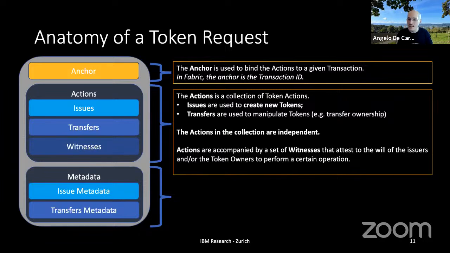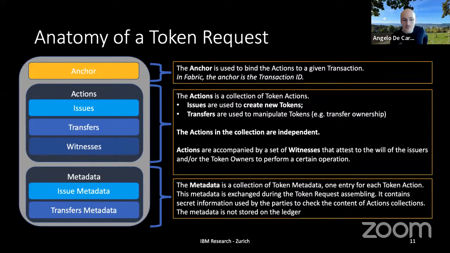to convince a validator that these actions are correct, so are legitimate. Think about the fact that if Alice is transferring a token to Bob, Alice needs to prove that she's the legitimate owner of the tokens that she's trying to transfer. So in the witness section, you will find a signature from Alice, for example. And then we have the metadata part. The metadata part is very important. It's used to transport all these little secrets that are needed to deobfuscate the zero knowledge proof